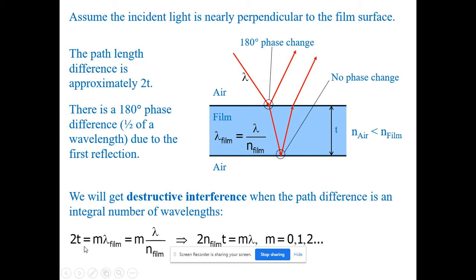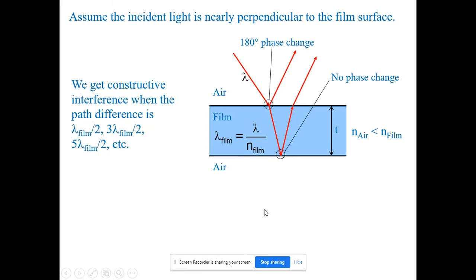So ultimately we'll get 2t equal to m lambda film. This lambda film is equal to lambda by n film. So 2 n film t equals m lambda. This is the formula for interference in film, and this formula will produce the destructive interference here for m equal to 0, 1, 2, etc. Similarly,